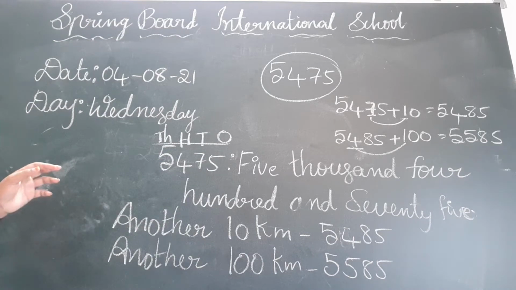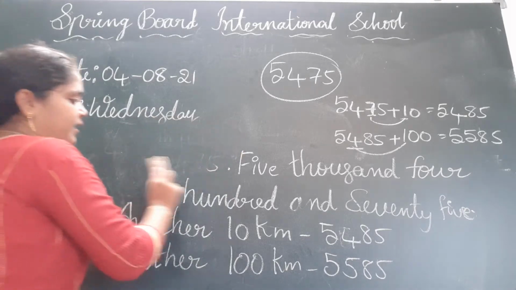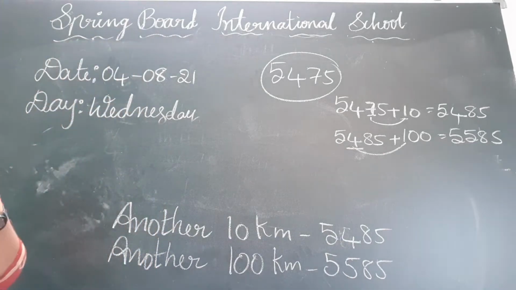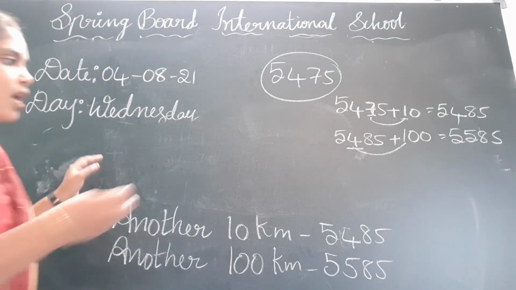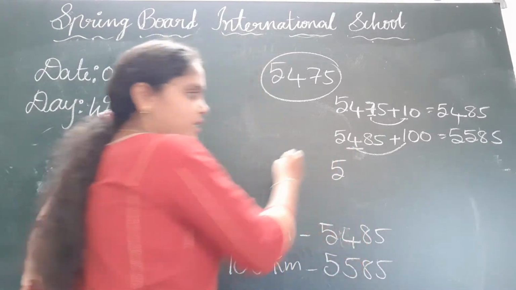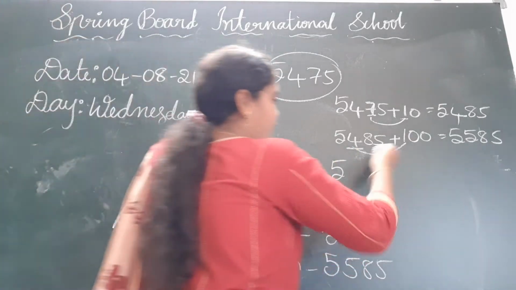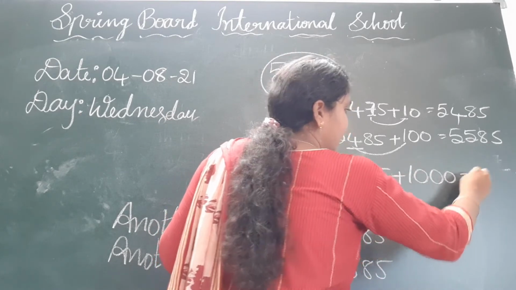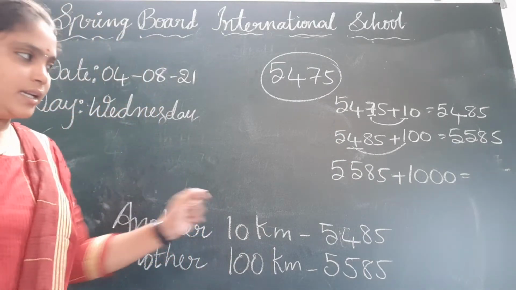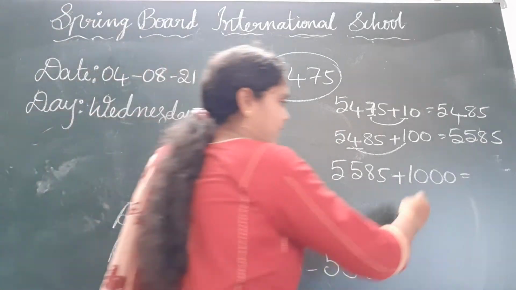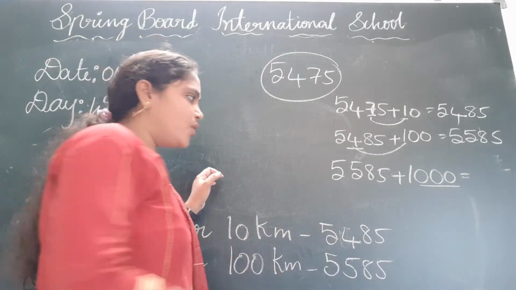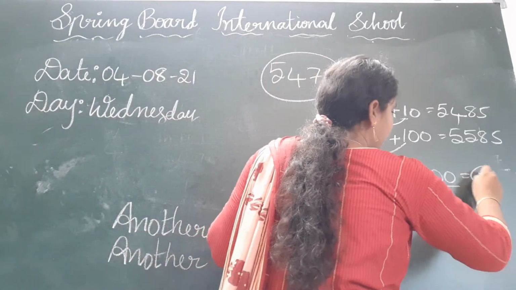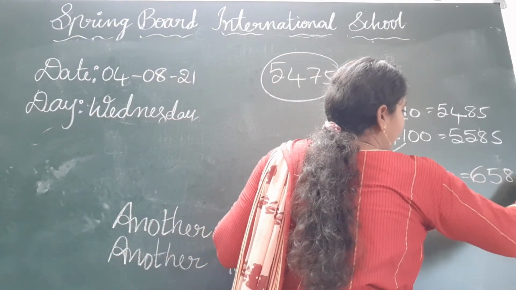5,585. And then what you have to find, third one? What will be the reading after 100 kilometers? Okay, children, what will be the reading after 100 kilometers? Sorry, after 1,000 kilometers here given. So find out 5,585. Now add 1,000. Yes, how we have to add, children? In 1,000, these three are zeros, no. So just add 1 in 1,000's place. 5 plus 1, 6. Write remaining digits as same, children.